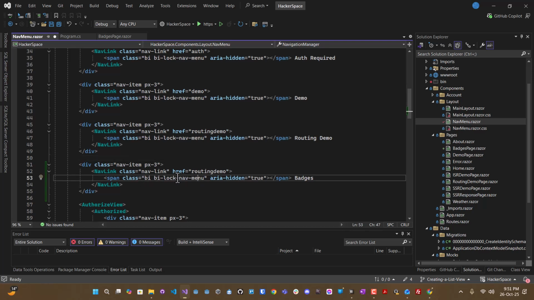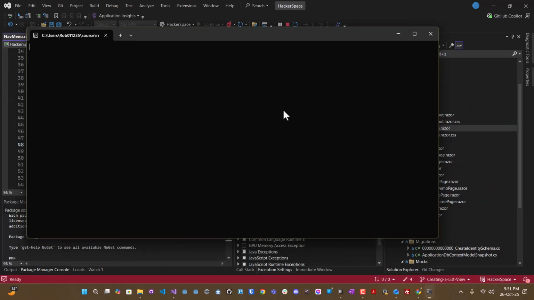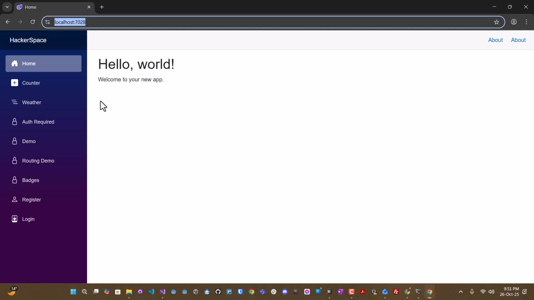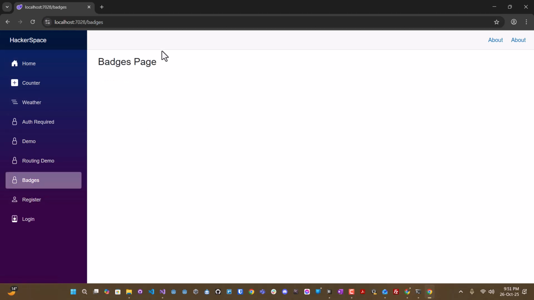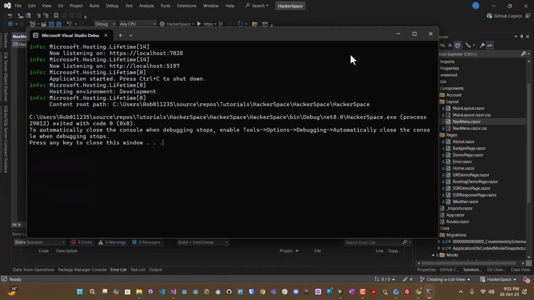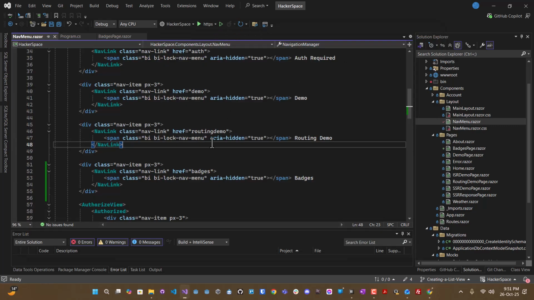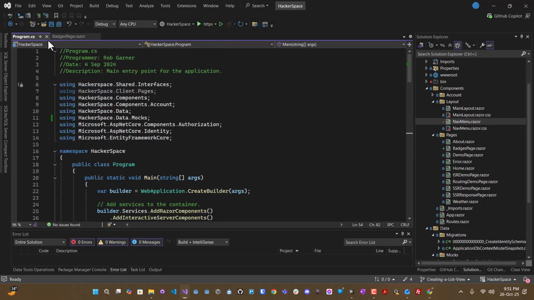I'll probably want to fix this icon at some point, but it's going to go to badges. And it goes to that page. Okay, so now that I know that I can navigate to it and I have my page,